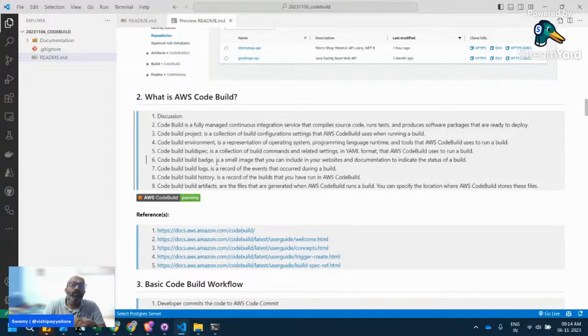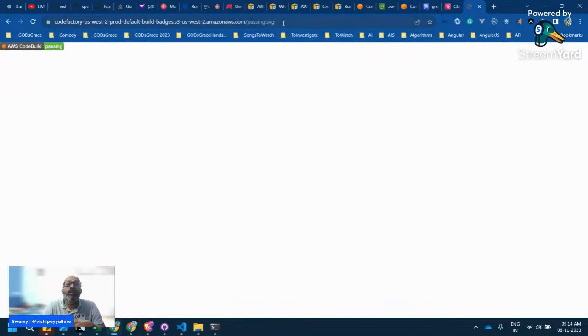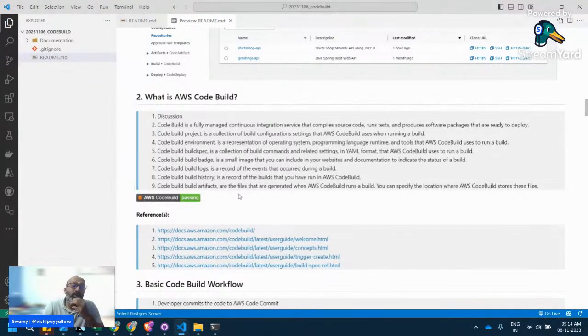Then build batch. I just gave the example of this build batch here, and also I exclusively put it here. So when any build is either passing or failed, it will give the users enough insight into whether they can use the site or what the state of the build is. Then build logs we'll see, history we'll see, artifacts. Artifacts are the binaries which will be deployed to the server. That is one of the key things in CodeBuild. So we will use